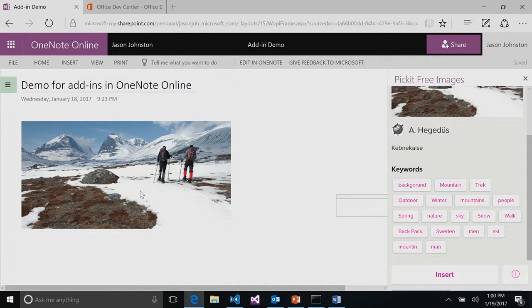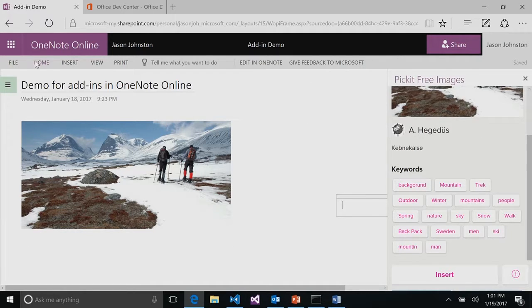I'm sorry? The author can charge for the add-in, if they make it worth $2. Absolutely, yes. You can charge for add-ins. You can do a free add-in and then upsell services within the add-in. And I think one of the add-ins I'll show you later actually does that. So in-app purchases, right? Exactly.